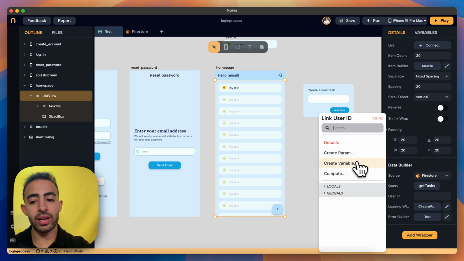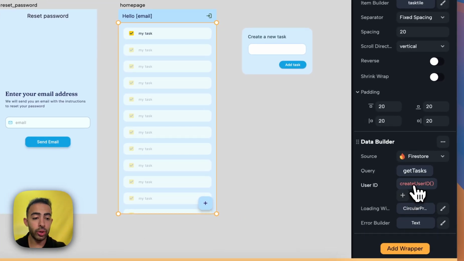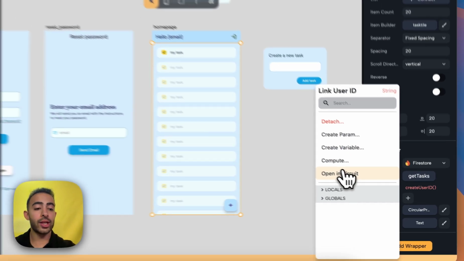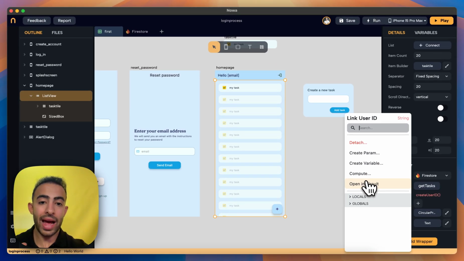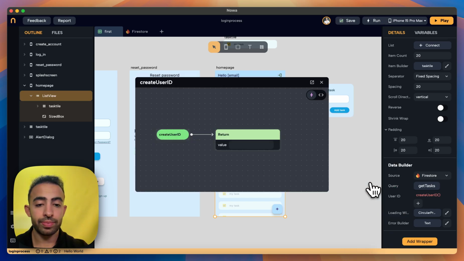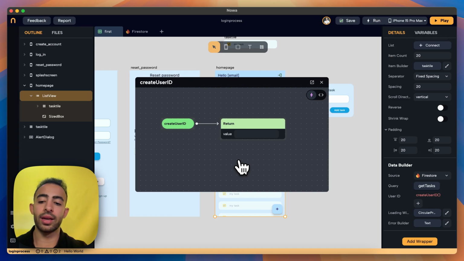So instead of creating a variable and updating the variable so it updates the screen, I can just do a compute. And compute will create a function or a logic that will run as soon as the screen renders, and it will just calculate something and pass it to the user ID of the query. So it's just the simplest way: instead of making the user ID go to a variable to get the data, where first I need to update that variable and then make the user ID fetch it from that variable, I can be like, you know what? Just do your own calculation to get the user ID,